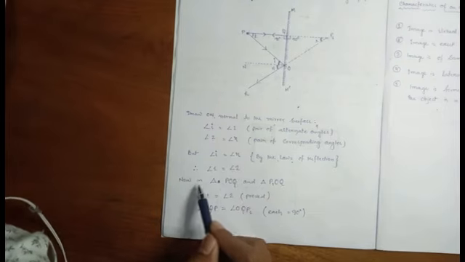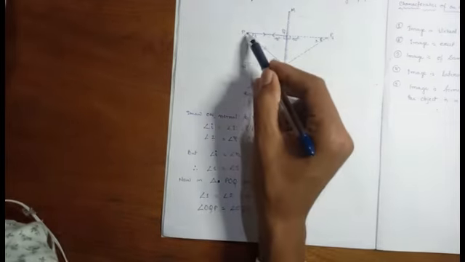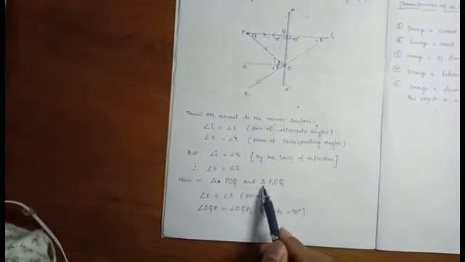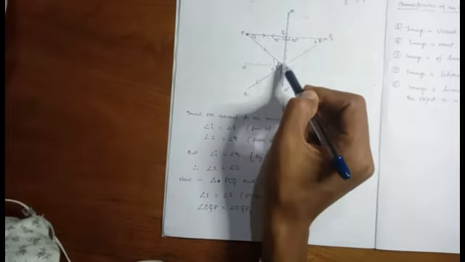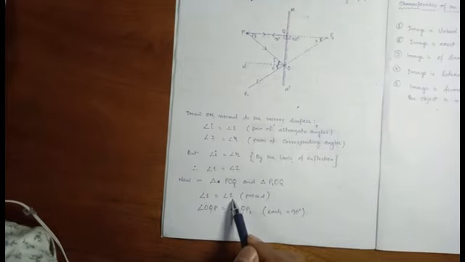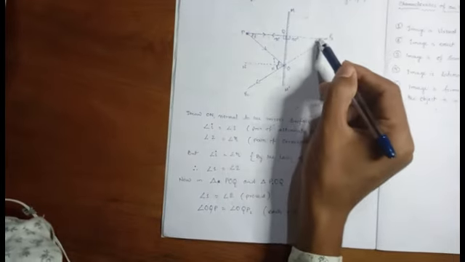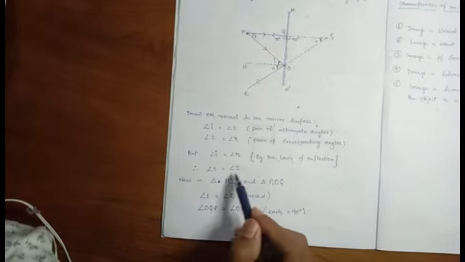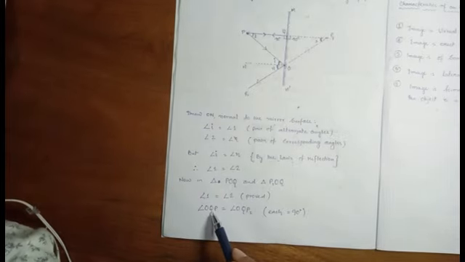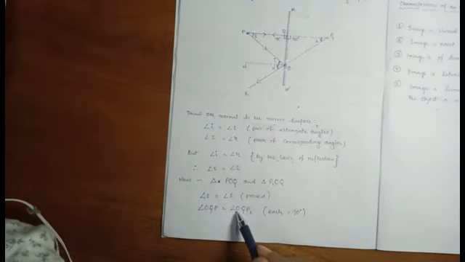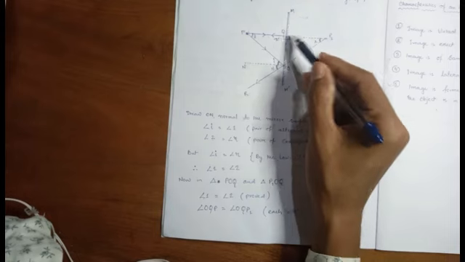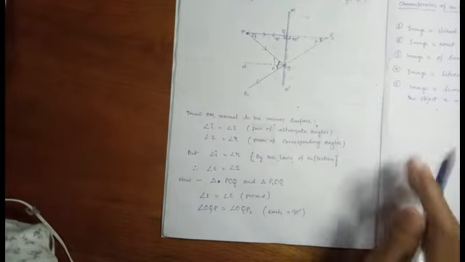Clear? So now in triangle POQ, which one is triangle POQ, and triangle P1OQ, you can see these two triangles, angle 1 is equal to angle 2, as we have just proved here. Angle OQP, this angle, and angle OQP1, this angle, what are they? 90 degrees each. Therefore, they are also equal.